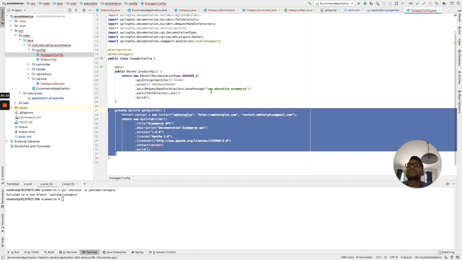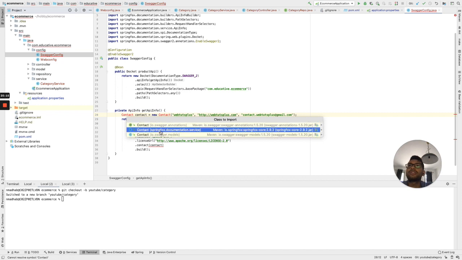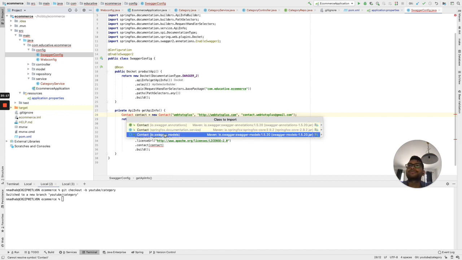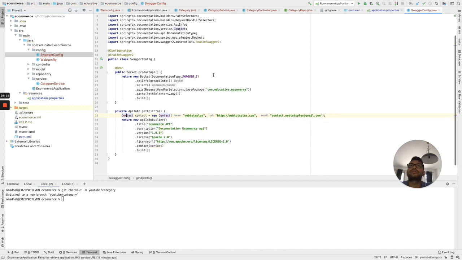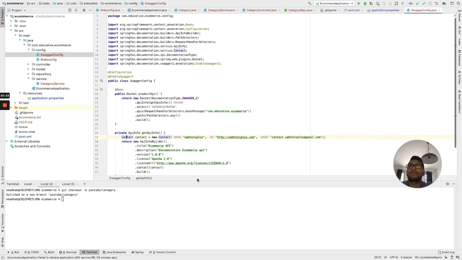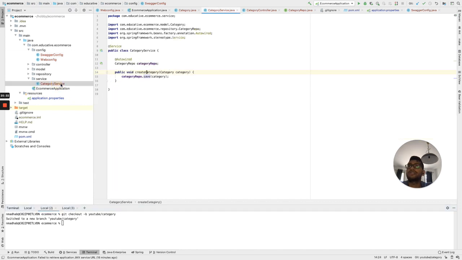So let's see, let's add it from the SpringFox documentation service. Then copy this code, and so that's it. I think that's it for this one.